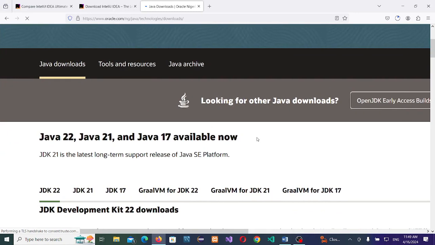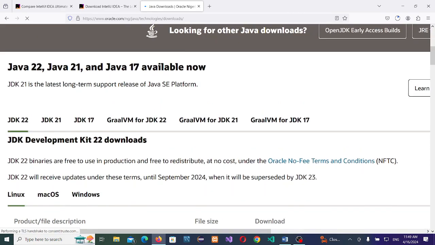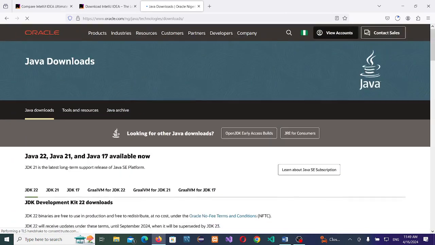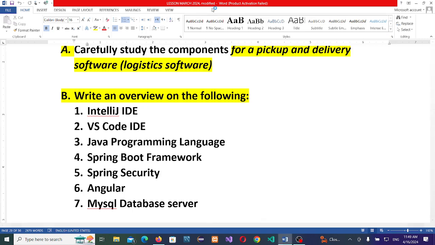So these are the available JDKs for you to download. JDK 22 is the latest, and you can get it here free. You download and unzip. You can go by JDK 17, you can go by any, which is okay. The next is what? VS Code. I don't want to talk about VS Code and Angular today because we're talking about the backend. Angular, VS Code, we may not really talk about them. Now Spring